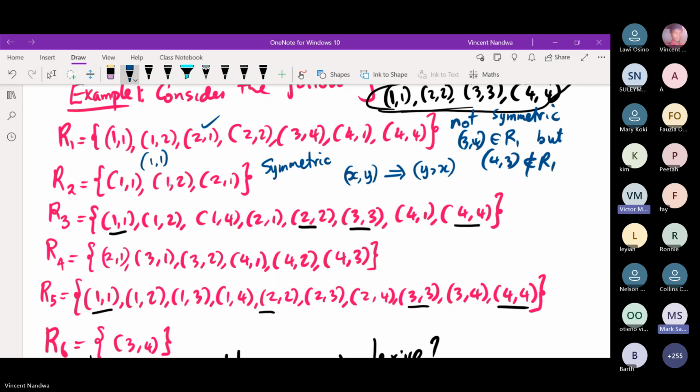R3, (1, 1) has no problem. (1, 2), we expect to have (2, 1). Is it there? Yes, it's there. And then (1, 4). Expect to have